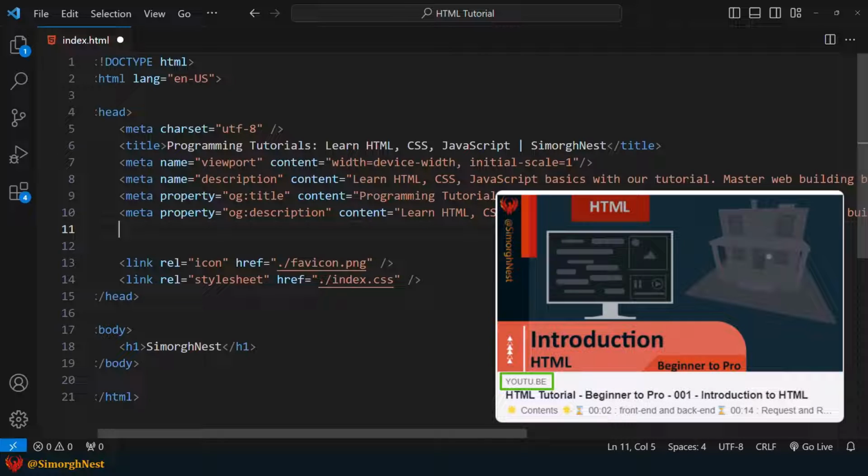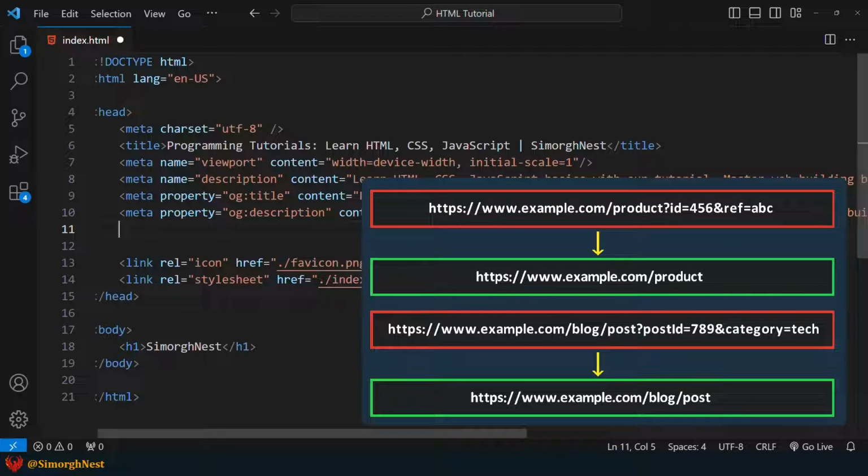Let's move on to the next OG tag, which is the OG URL tag. This tag represents the canonical URL for our page. The canonical URL is the preferred and official URL of our web page. It helps social media platforms understand the definitive location of our content. Make sure to use the undecorated URL without any additional parameters. Likes and shares for our content will be aggregated based on this URL.